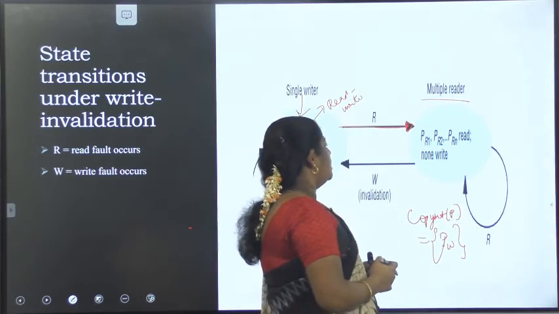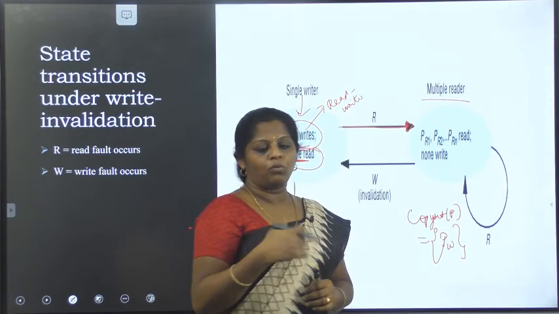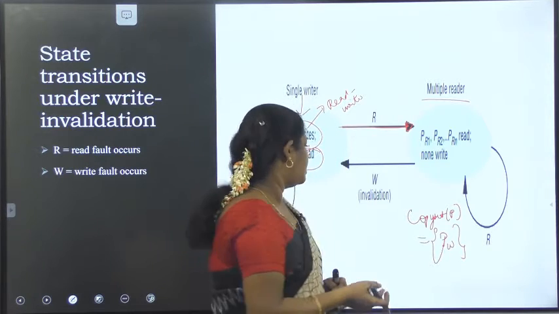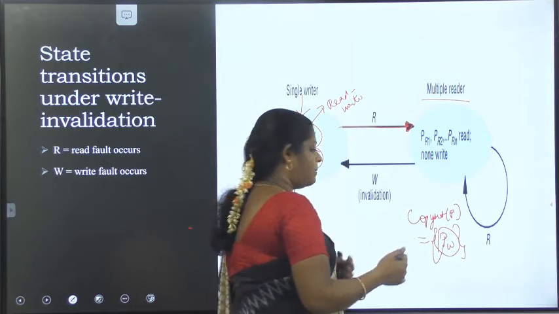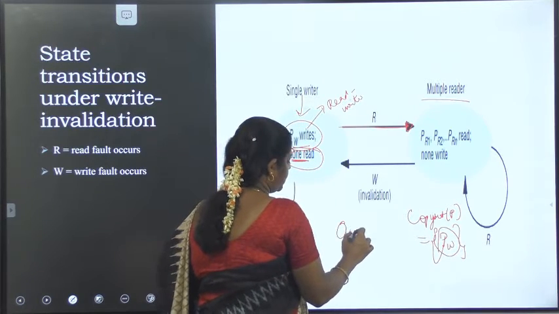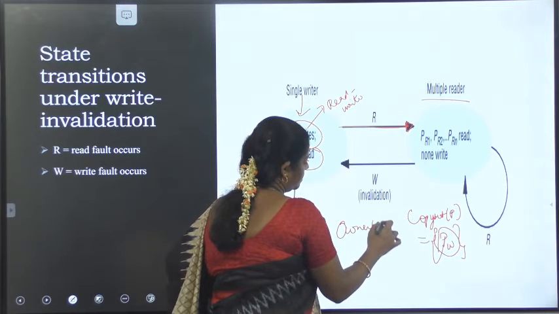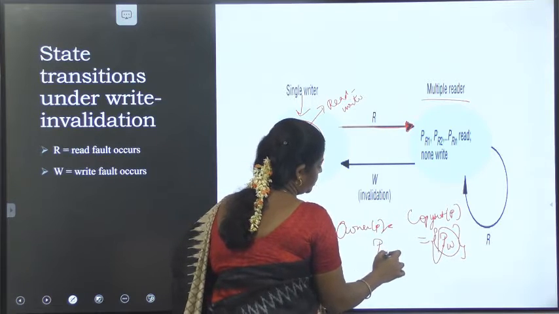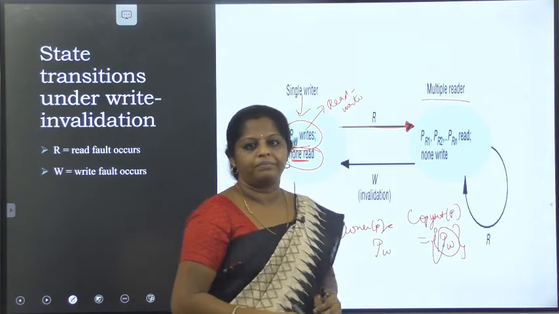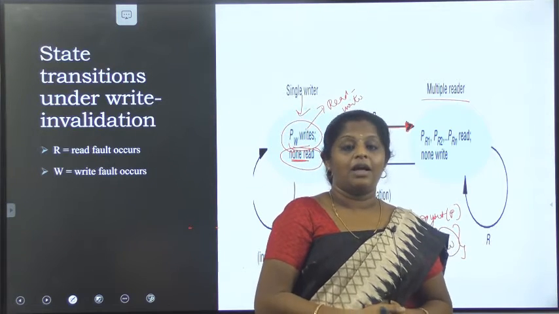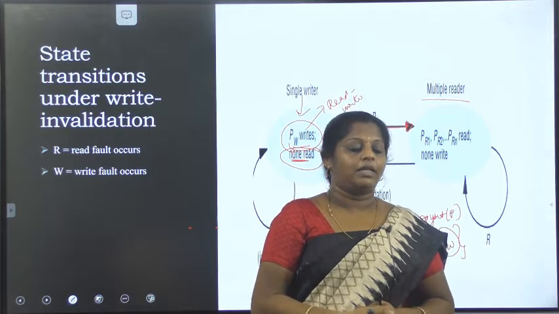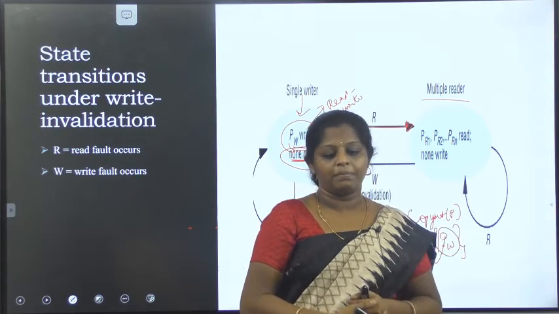Next, who will be the owner of the page? Who is updating it the most number of times? The owner of P is PW, because that is the process that most recently wrote the page. Whichever process handles the data most of the time will be the owner of the page.